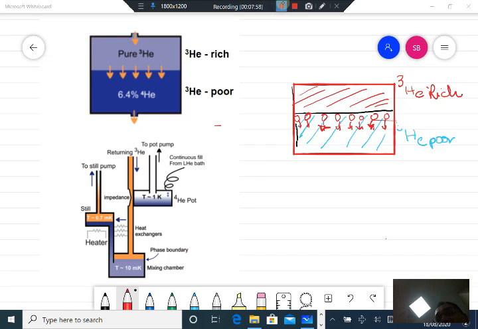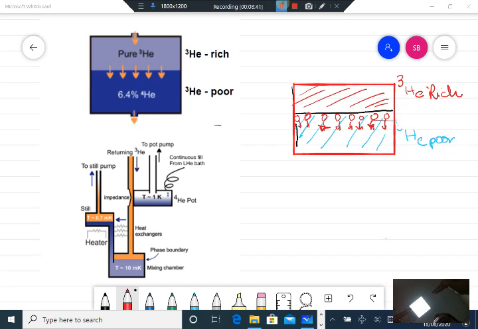So now you have a rich helium-3 liquid phase floating on top of a helium-3 poor phase. Here the helium-3 poor phase, which is diluted in helium-4, is shown in blue shade, and the pure helium-3 rich phase, the low density liquid, is floating on top of it. Because of this, the higher energetic molecules of the helium-3 rich phase actually enter into the helium-3 poor phase. It's exactly like evaporative cooling. Only thing is that you have inverted the liquid.